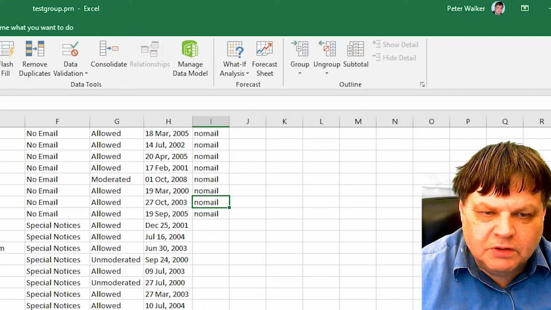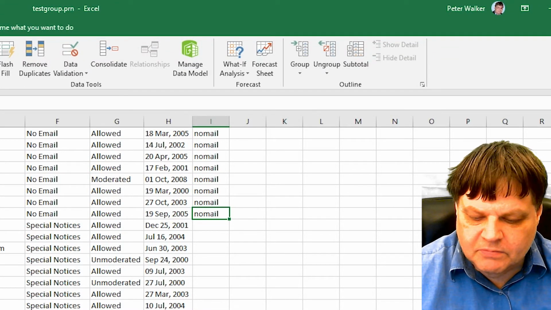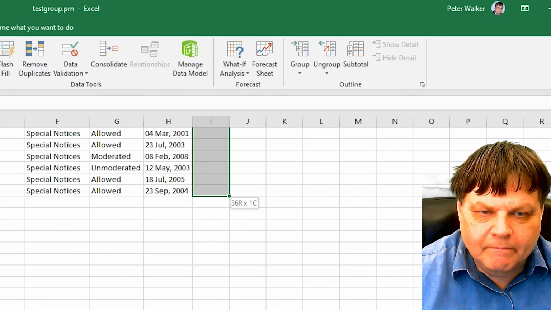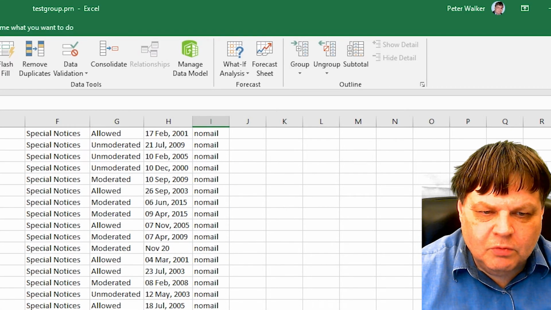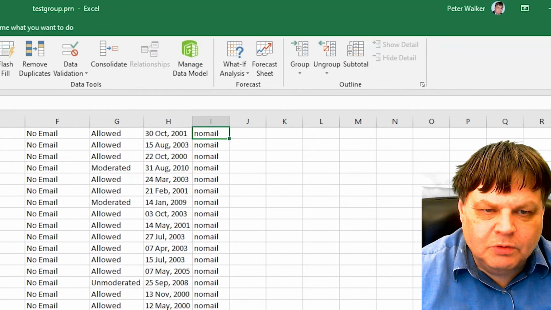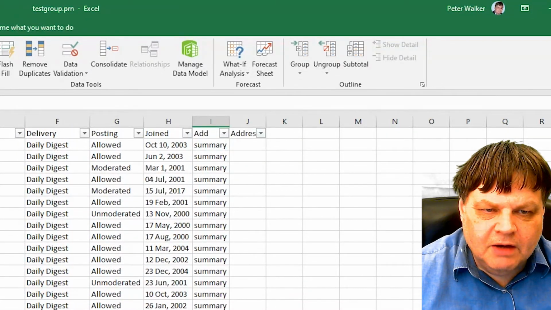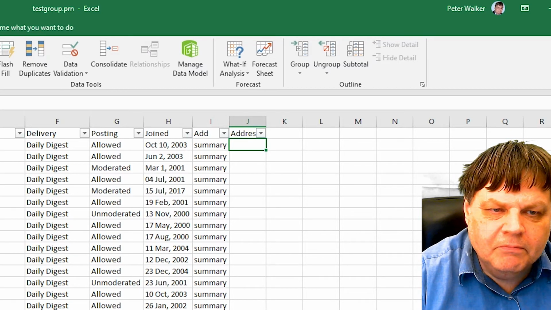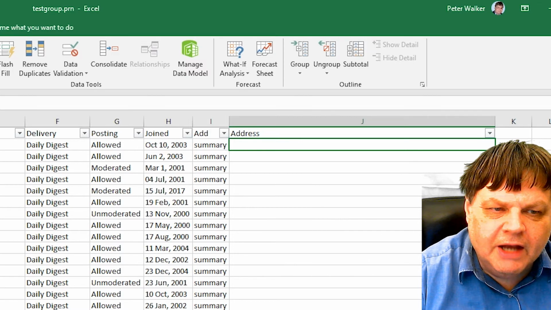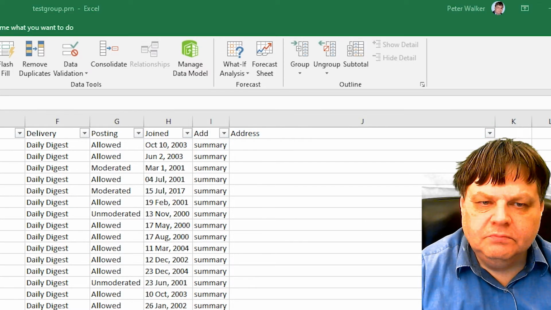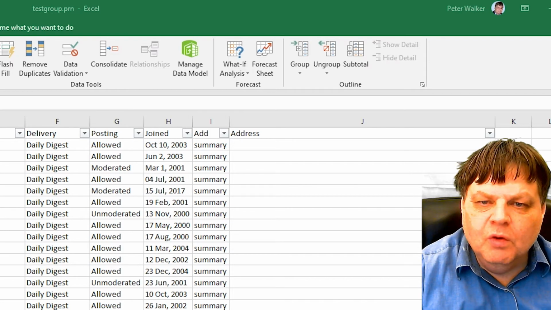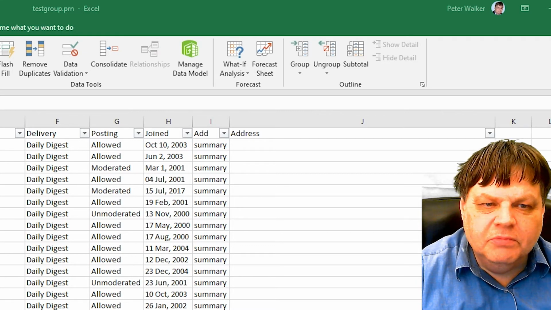And we have special notices, which is basically the same. So continue that for special notices as well. So now we have all the addresses labelled, which need to be labelled, and we come to the address feature. In other words, we want an address. Now this has got to be a bit bigger, which is going to be what we actually enter into the direct add field. So what we now need is a little formula which will automatically convert these columns into exactly